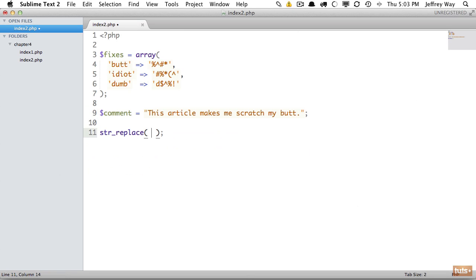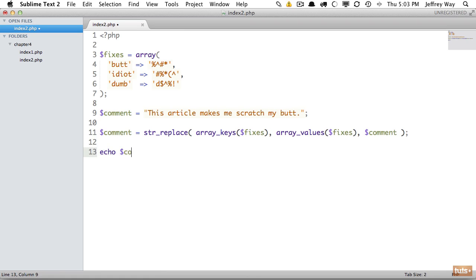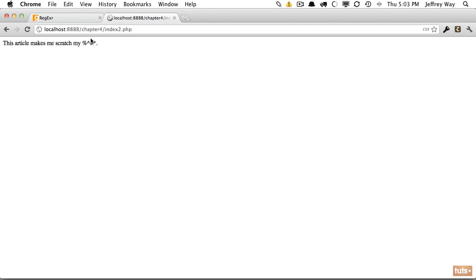First, what are we looking for? We're looking for any of the words within our keys. array_keys, and we need to pass it a parameter of the array. Next, what are we replacing it with? We're replacing it with array_values, fixes. And then finally, the third parameter is what are we looking through? We're looking through comment, so I'll paste that in like so. Now, we need to store this, so I'm going to overwrite the value of comment and echo it out to see what we get. And if I load the page, you can see, sure enough, we've replaced the word but